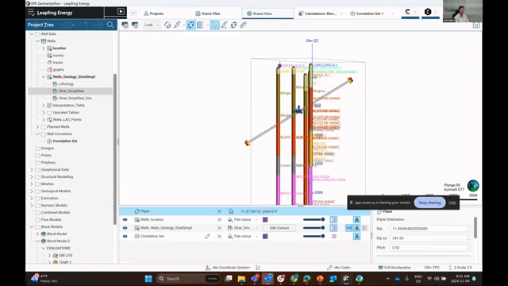But basically, faults can be picked using polylines, the same way that we pick the different geologic contacts. Surfaces can be constructed using those polylines or GIS lines at the surface. Faults can be constructed in a number of different ways, but the way that faults work within Leapfrog is it splits your model up into two different structural domains. And that basically splits that RBF interpolant into, again, two different structural domains,